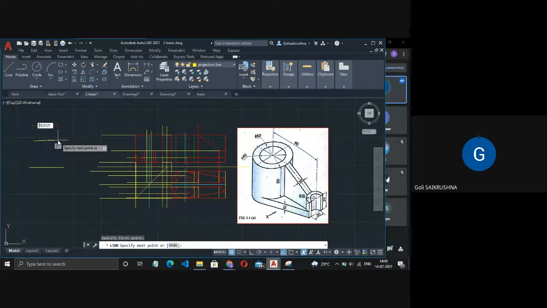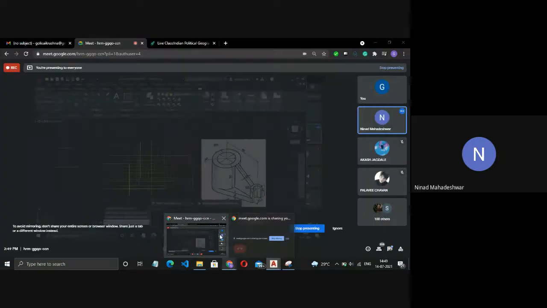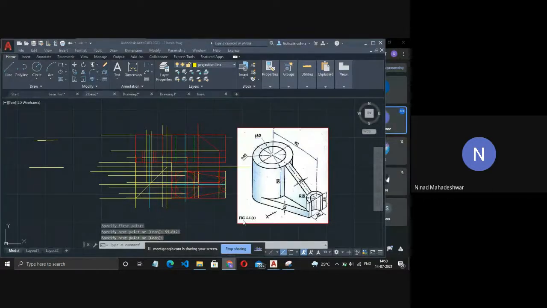Now you understand this part. I'll forward you a video, look at that video. You are not able to do that because you are using AutoCAD 2021, which is different than my setup. So I'll forward you a link in which all these things will be properly given to you. Okay sir. So can we just draw the diagrams on paper in UT? You can draw. If you don't have AutoCAD, then that is the only option.